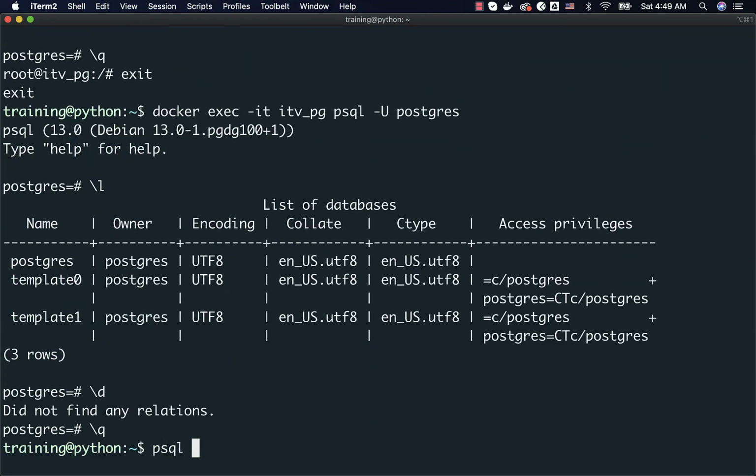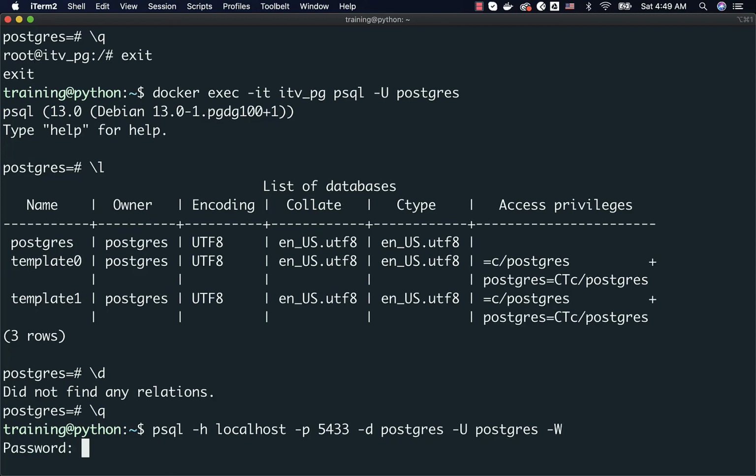So I can say psql -h localhost -p 5433, then -U for the user, which is nothing but postgres. If you want, you can also specify the database. If you have a database with the same name as the user, specifying the database name is optional. However, if you want to specify the database name, you can specify it like this. And then you can say -W. You can only use password login while connecting from an external machine. Without a password, you will not be able to connect, and hence we have to use -W like this. It will prompt for the password.